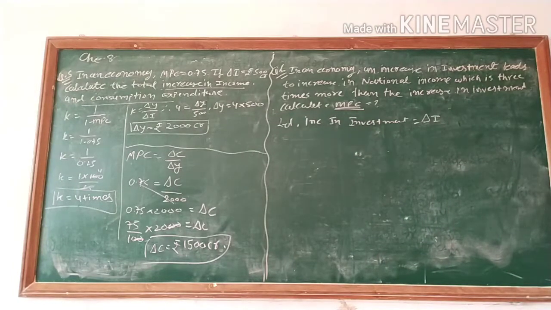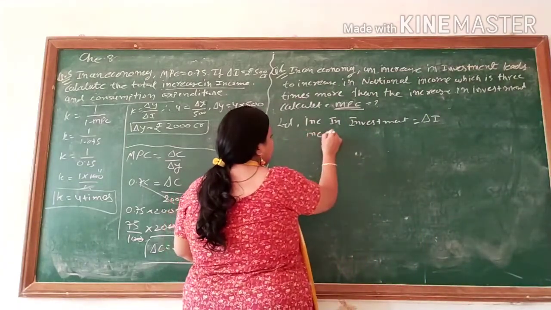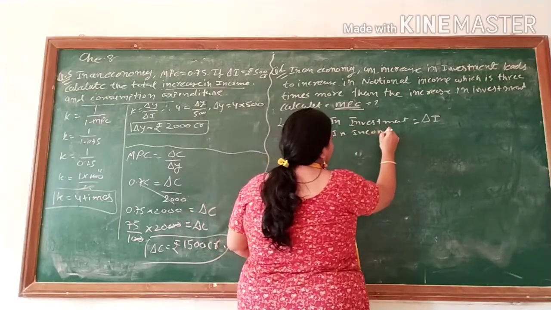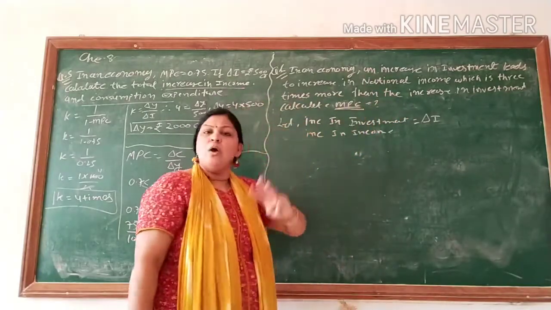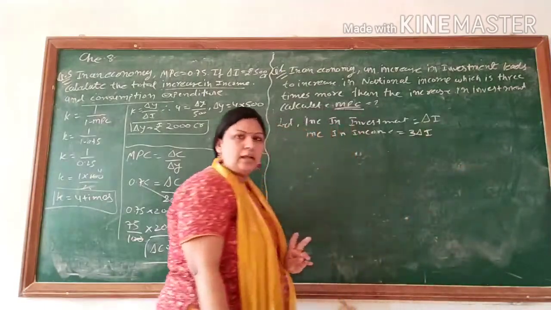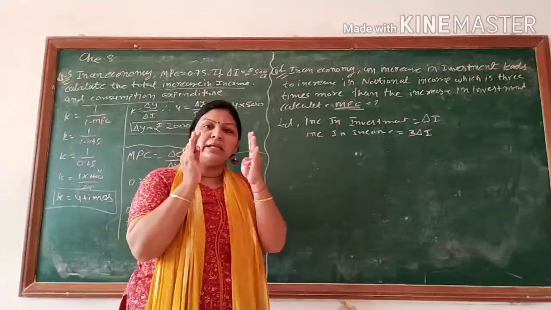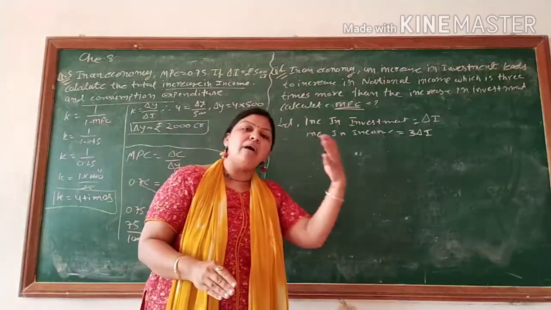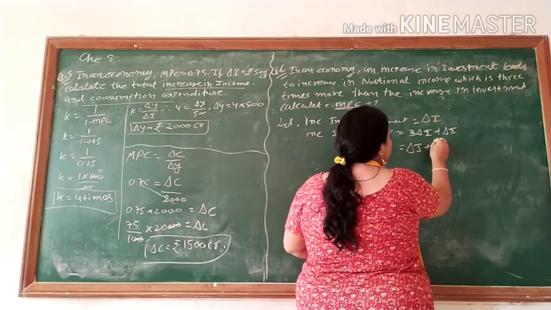Increase in investment leads to increase in national income, which is 3 times more than the increase in investment. So increase in investment कितना हो जाएगा? इनकम कितना हो जाएगा? Increase in income. ध्यान से देखो, leads to increase in national income, which is 3 times. वो not only 3 times. अगर 3 times होता तो हम लोग लिख देते 3 डेल्टा आई, है. बट यहाँ लिखा है 3 टाइम्स मोर देन द इंक्रीज इन इन्वेस्टमेंट. मतलब इंक्रीज इन इन्वेस्टमेंट जितना है उसके अलावा और 3 टाइम्स. तो यहाँ प्लस डेल्टा आई और होगा. सो इट शुड बी द डेल्टा आई प्लस 3 डेल्टा आई.